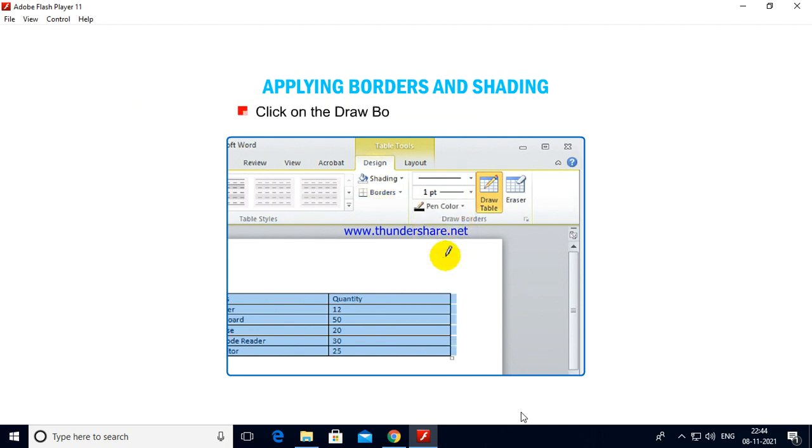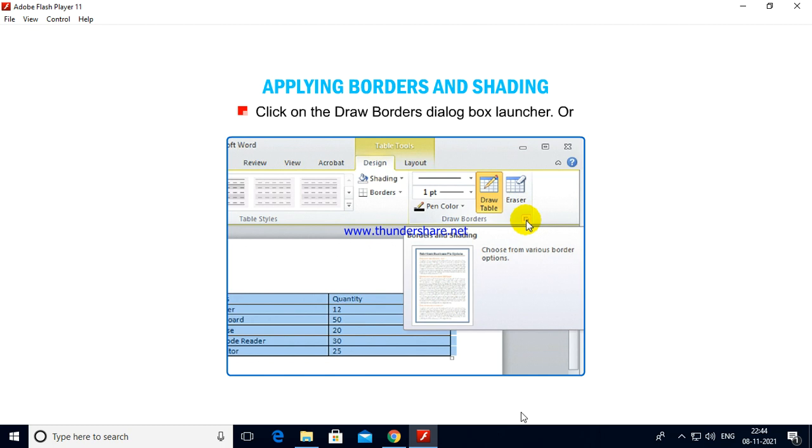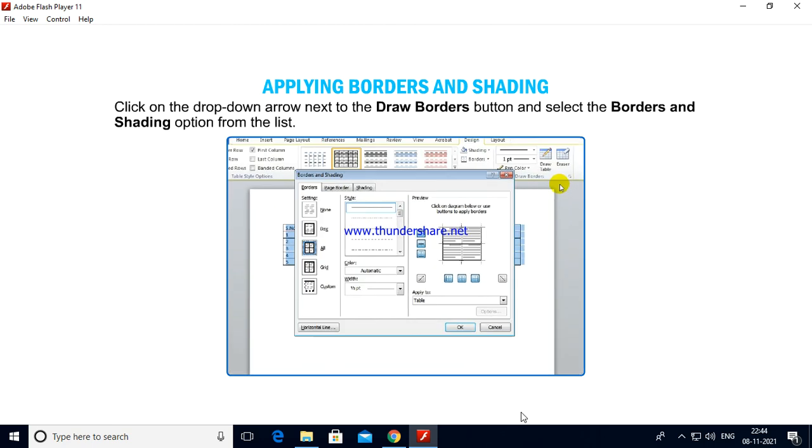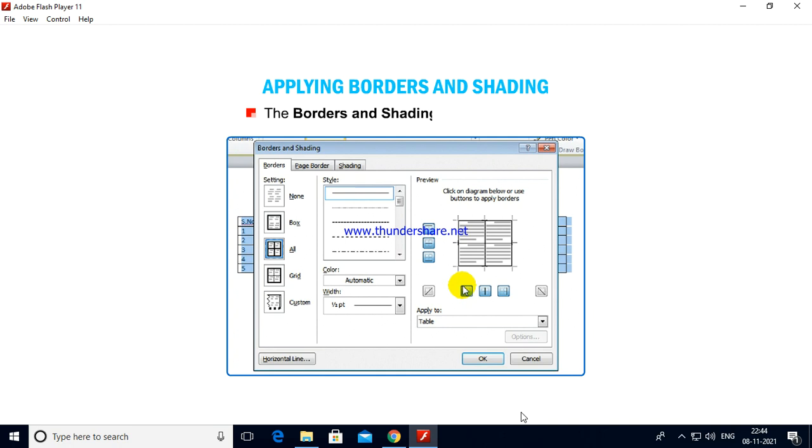Click on the Draw Borders dialog box launcher or click on the drop-down arrow next to the Draw Borders button and select the Borders and Shading option from the list. The Borders and Shading dialog box appears.